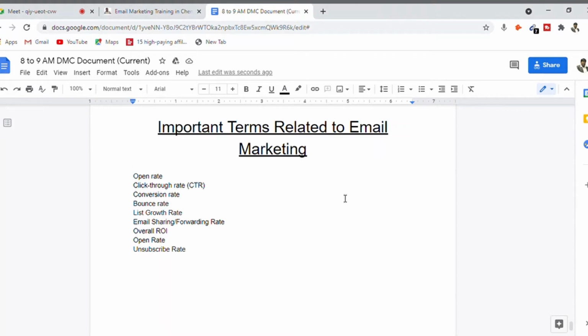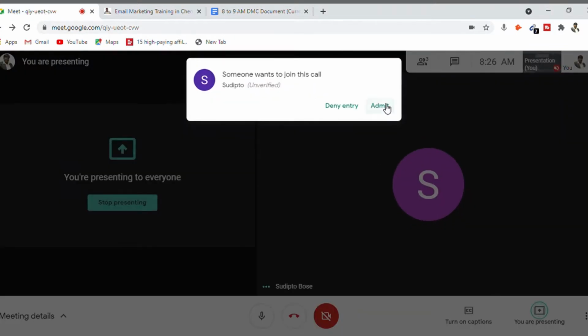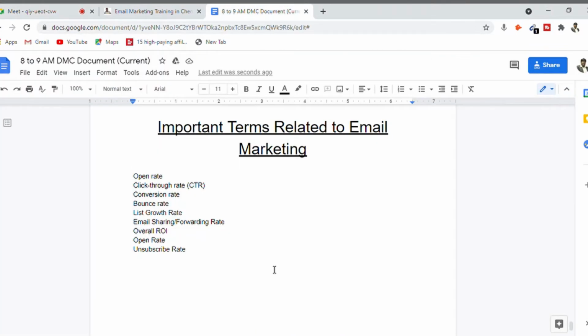Now the same email platform is going to be used for marketing purposes, which means the promotional activity of your products or services. There are some important terms that we need to know before we get into the